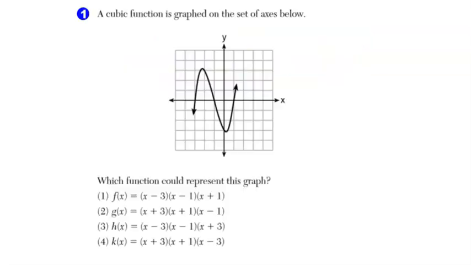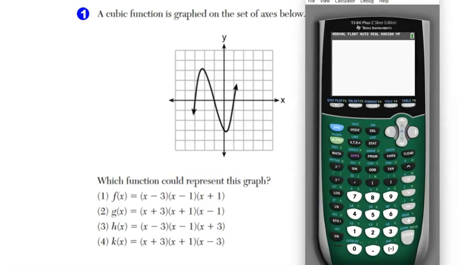Regents Review number 17. Question number 1 shows you a cubic function, and you could solve this problem by using your TI-84, and you could type each of these multiple choices into the y equals button to see if it looks like the graph that you see here shown. So I'll try typing in this first graph y equals quantity x minus 3, and then times the quantity x minus 1, and then the third one is times the quantity, oh, you don't even need that times sign, x